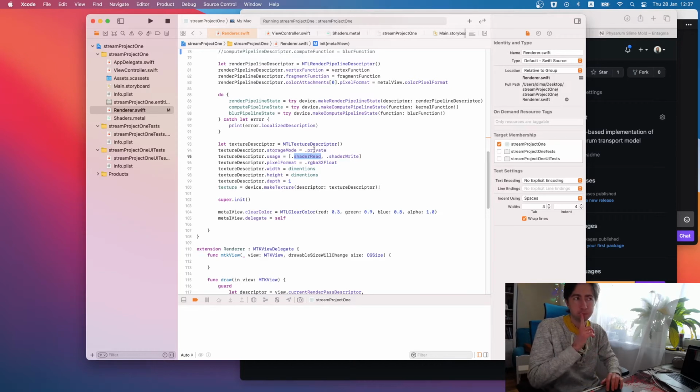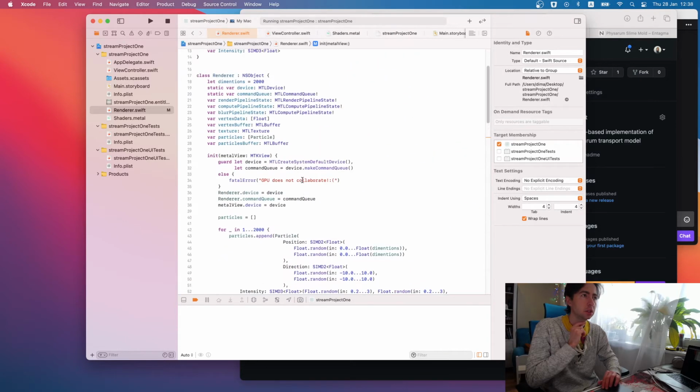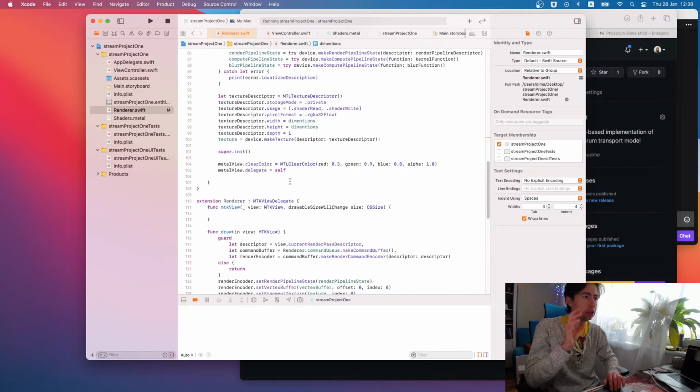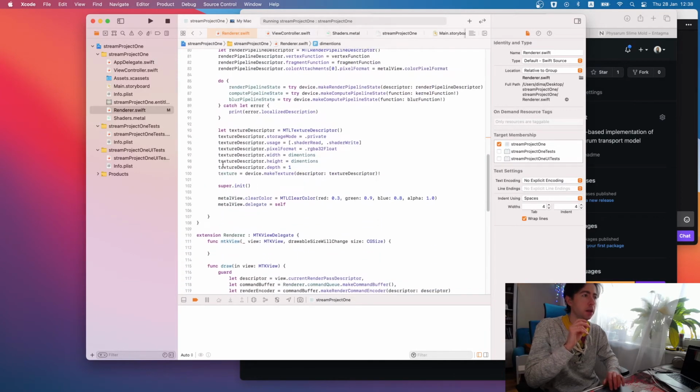As we do not need to write to this texture from our CPU code, from our Swift code, we can set it as a private storage mode, but we need shaders being able to write to this texture. So we need to set it up as shader write and shader read usage. Okay, we set the dimensions of this texture, hard-coded. Need to fix it. And we build a texture using this descriptor.